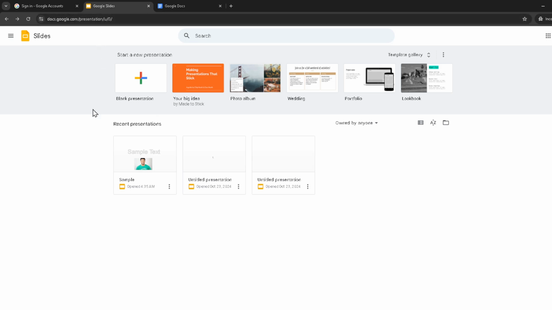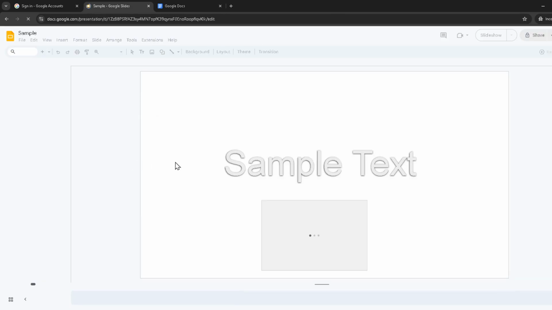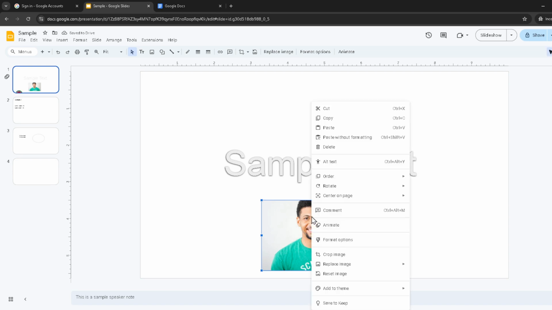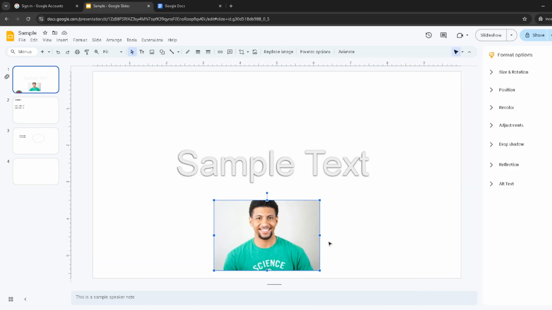Find the image on your slide that you wish to adjust. Take your time to select the right one. Right-click on this image to bring up a context menu full of options tailored for image manipulation. In the menu that appears, look for the Format options. It might seem like just another option, but this is your gateway to enhancing your image's appearance in myriad ways,